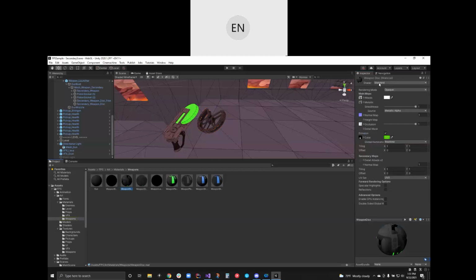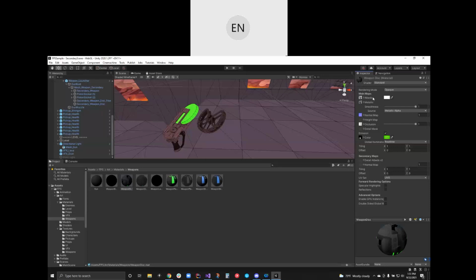is a shader. There are many types of shaders. The standard shader is the most commonly used, or the PBR, physically based rendering. Basically it seeks to recreate physical attributes, physical lighting, physical objects as best as we can right now in computer graphics.